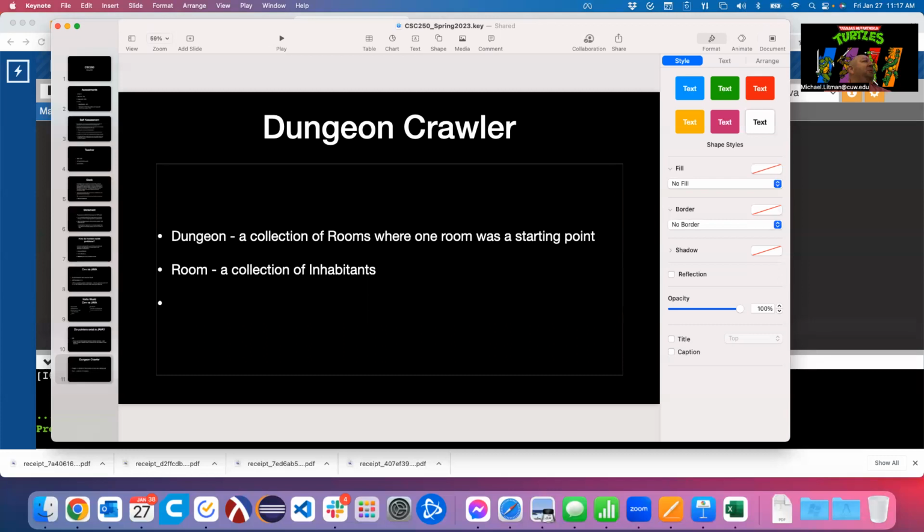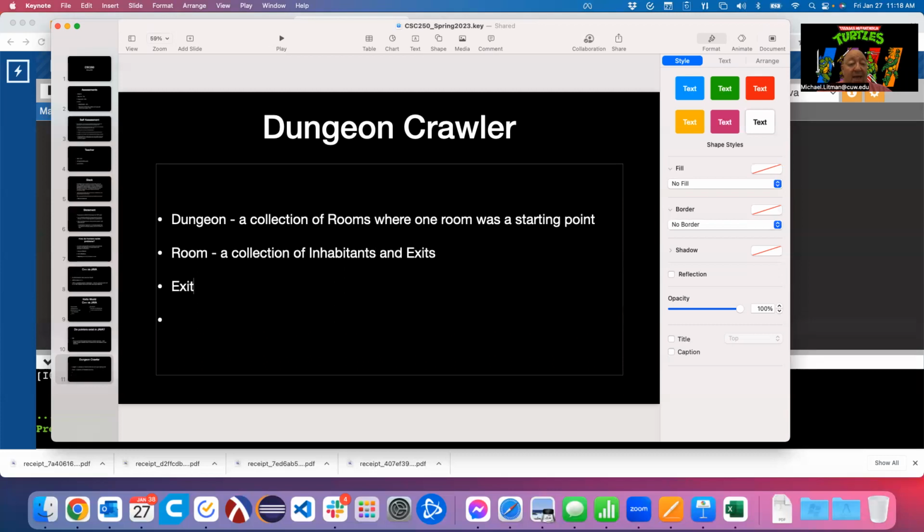I probably mentioned the word at some point. Now we're going to talk about it. So a room is going to be a collection of inhabitants and exits. An exit is a two-way door between two rooms.